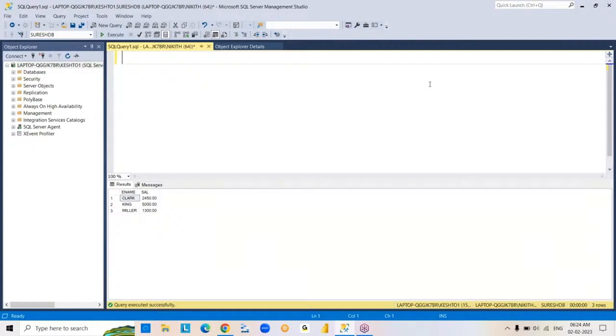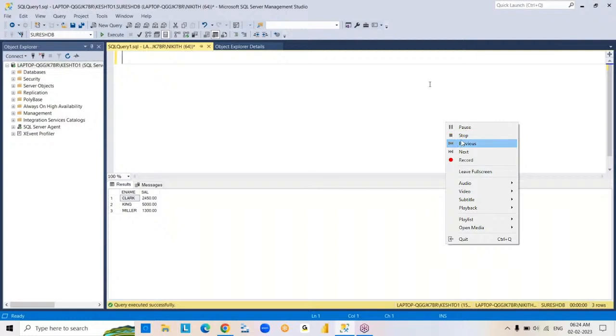We did some other operations also. So now, at the time of connection, connecting to